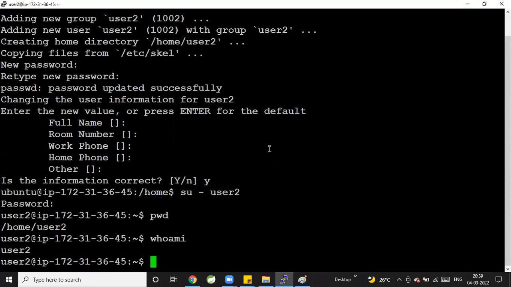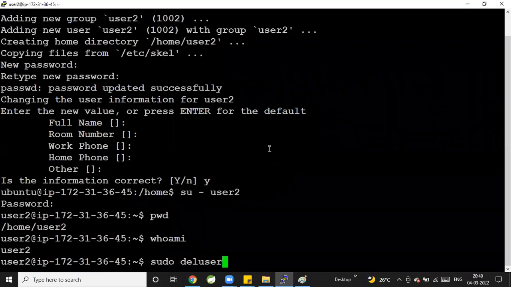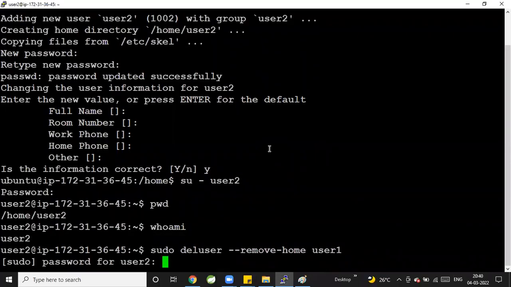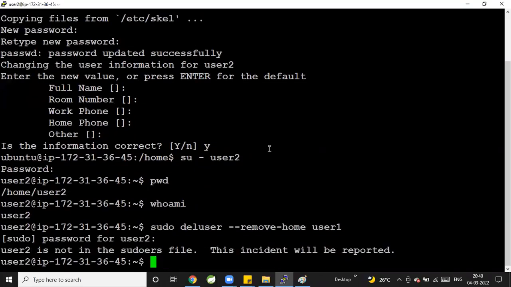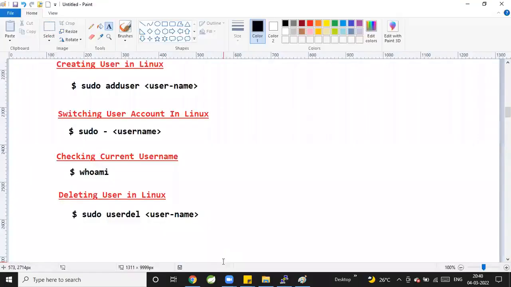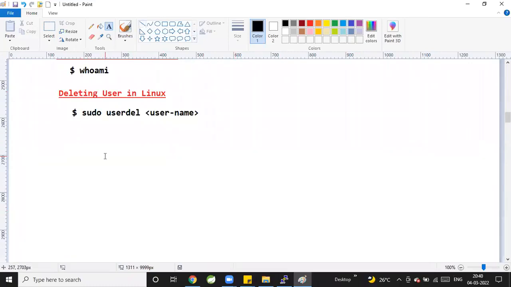How to delete the user accounts? sudo deluser --remove-home user1. I'm deleting user1. Okay, user2 cannot delete this directly, so the root user can perform this kind of operation, delete user. So this is the command which we are going to use to delete the users. Okay, and the next one,